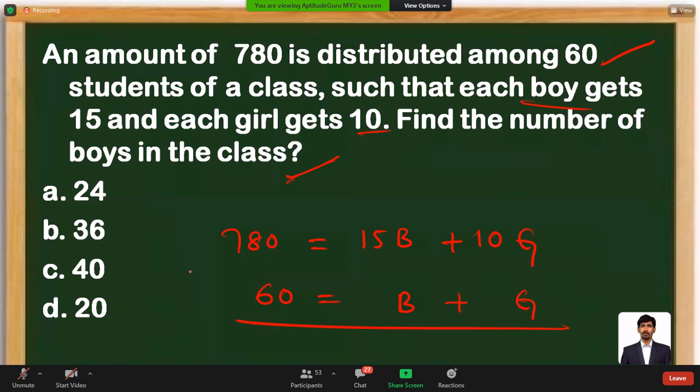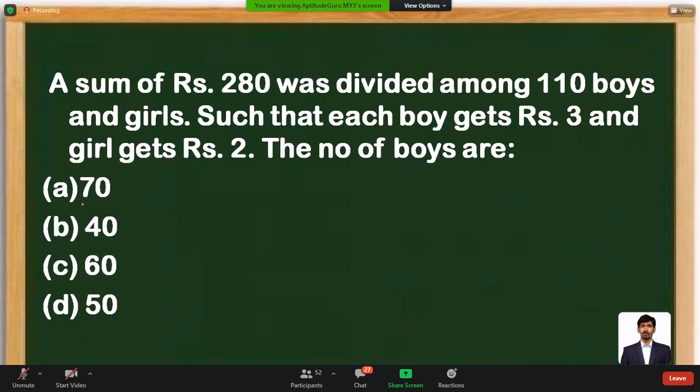To find how many boys there are, you can just cancel out girls by multiplying this with 10. So if you cancel out girls, 5 boys is going to be 180. 1 boy is going to be 5 3s are 15, 5 6s are 30. Mark it as 36. Same question. Take the practice questions 1, 2,